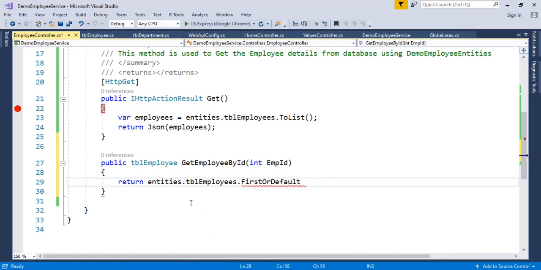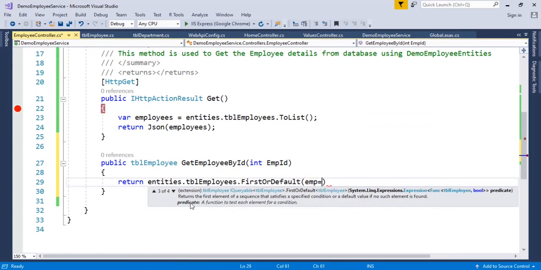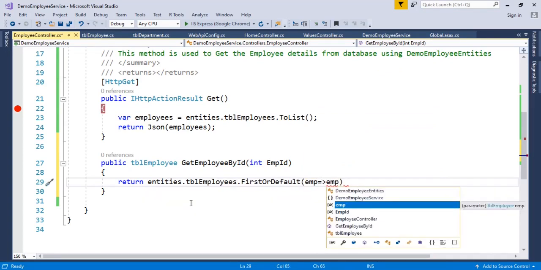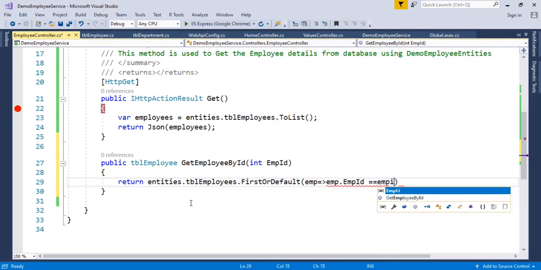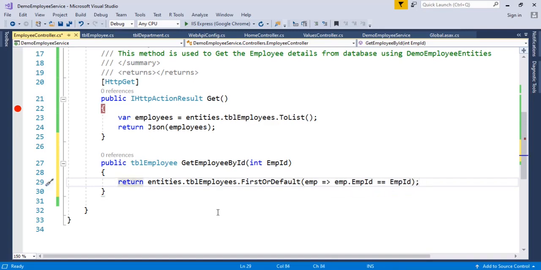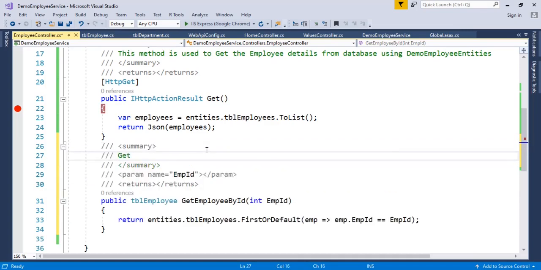This first or default method returns the record based on the condition employee ID equals to emp ID. If you pass the employee ID 1, it will give the first employee record; 2 means the record with employee ID 2, like that. So we get the employee details based on the employee ID.